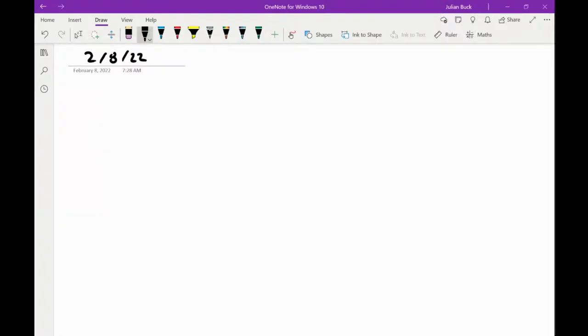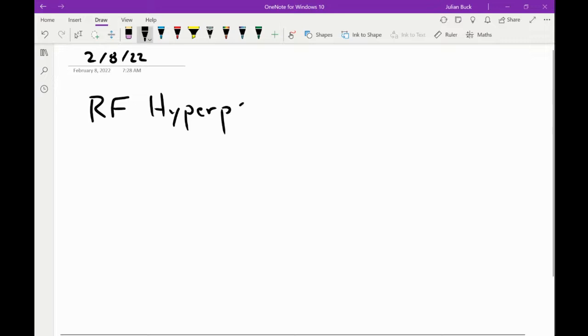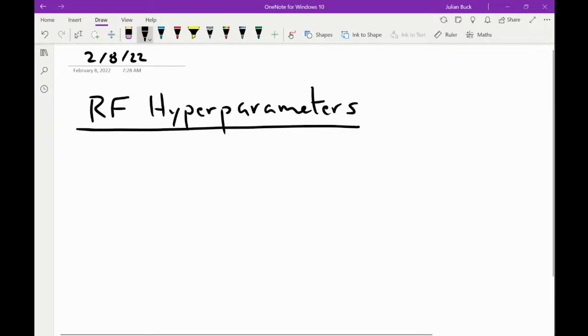All right, this morning we're going to pick up where we left off last time and discuss random forest hyperparameters. So at the end of our last lecture, we introduced what they are, talked about the relative importance of them in terms of when you might want to tune them, when you might not care so much. So today we'll go into that in more detail, and we'll actually see through working with our familiar example, the Ames housing example, what kind of improvements we maybe get when we actually do tune random forest